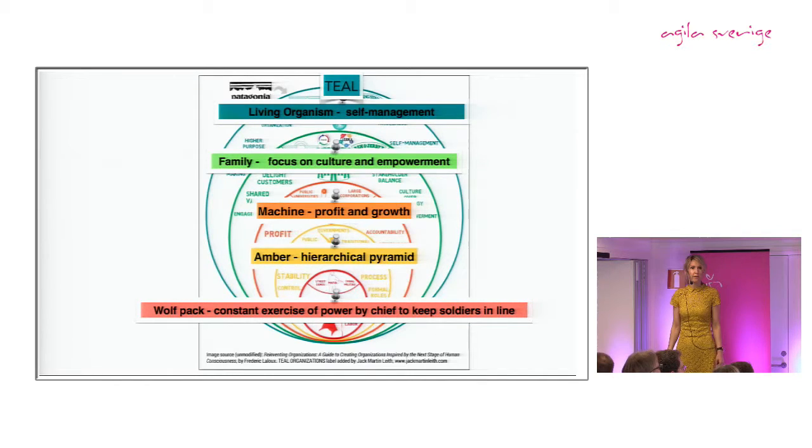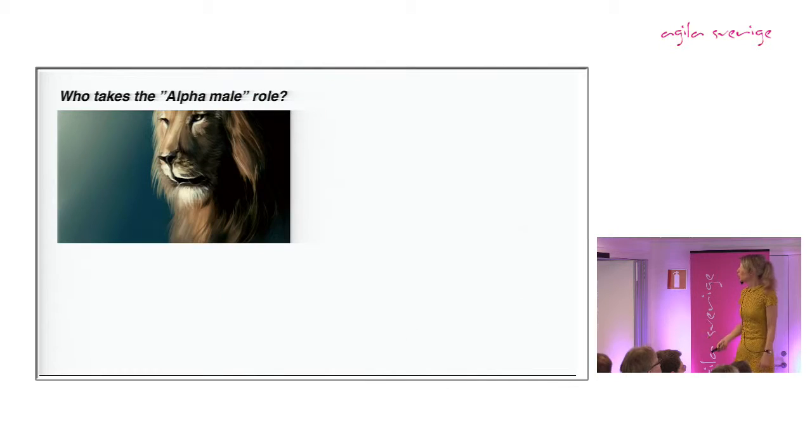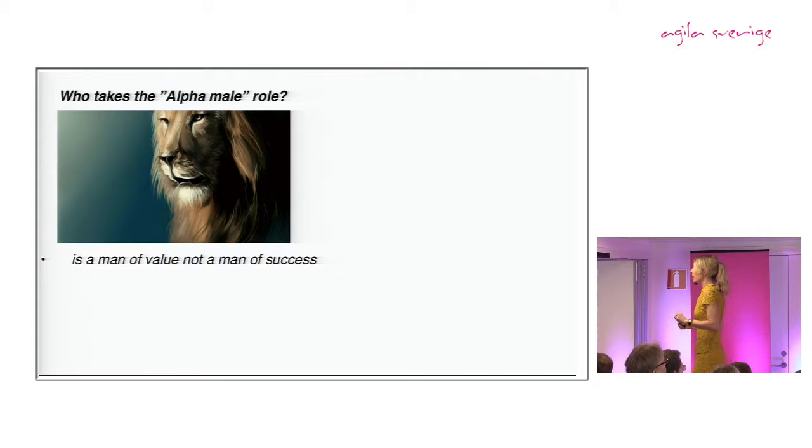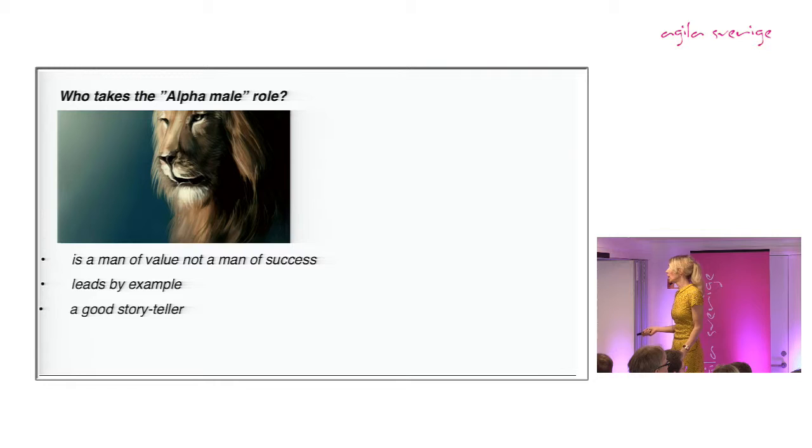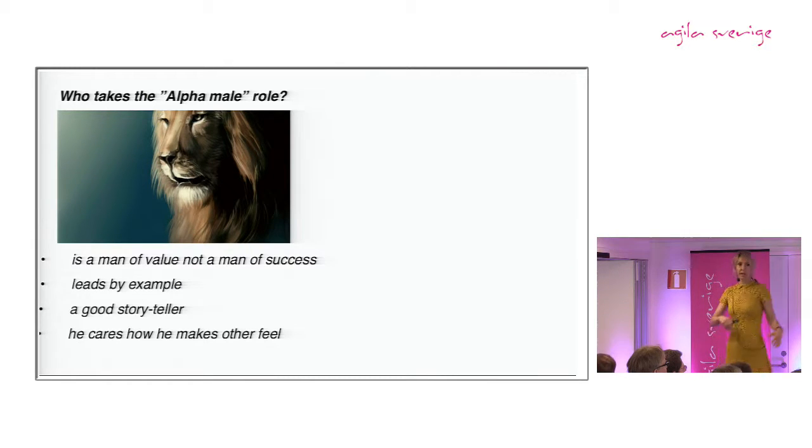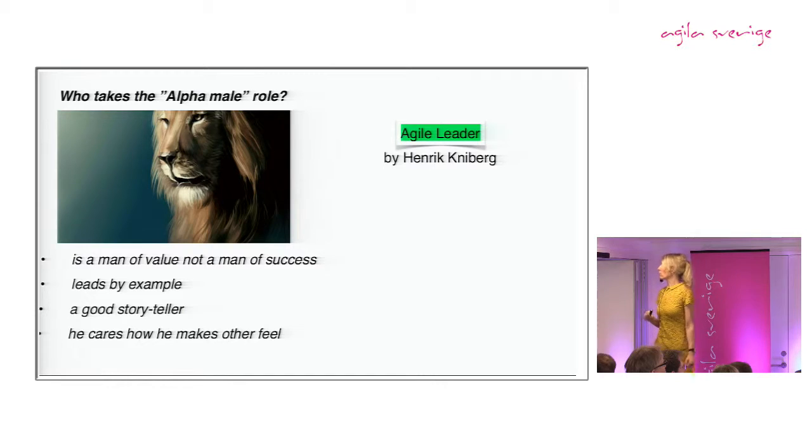But wait, is it really like that in the natural world? No. You always have an alpha male in the natural world. So who takes the alpha male role in an agile organization? Biologists define an alpha male as a man of value, not a man of success, who leads by example, a good storyteller. Does it remind you of something? Can we map this onto some role that we have in our agile organizations? Yes, on an agile leader role